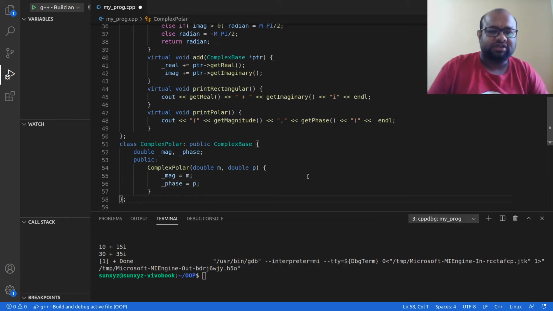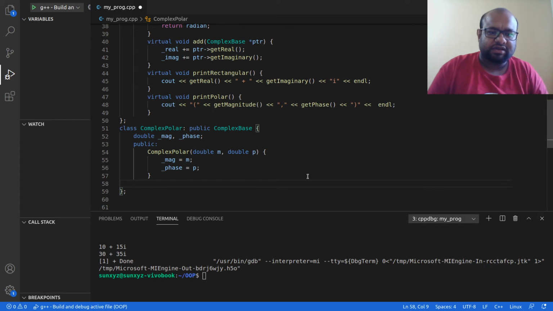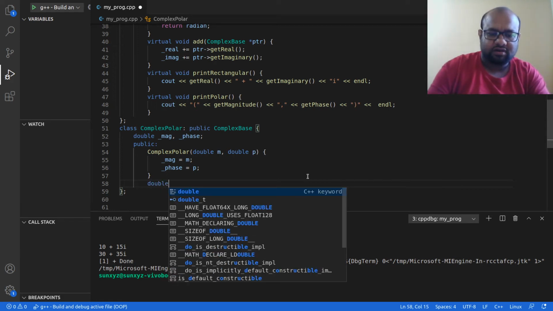So this constructor is going to initialize this complex number, and these have a different meaning than what was there in complex rectangular, right? In complex rectangular I specified the real part and the imaginary part. Here I am specifying the magnitude and the angle. Now I need this thing double.